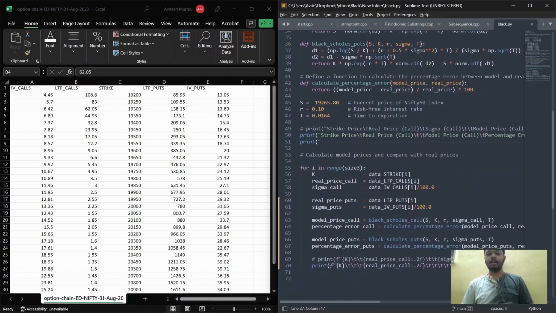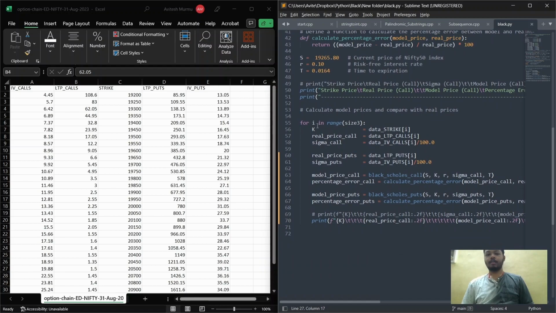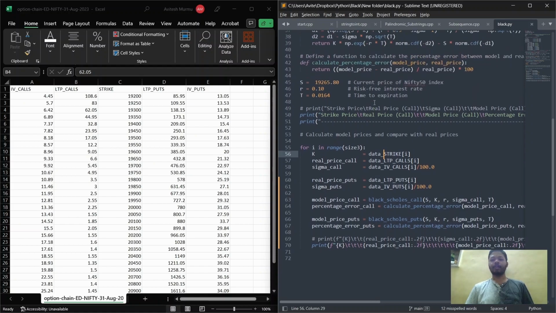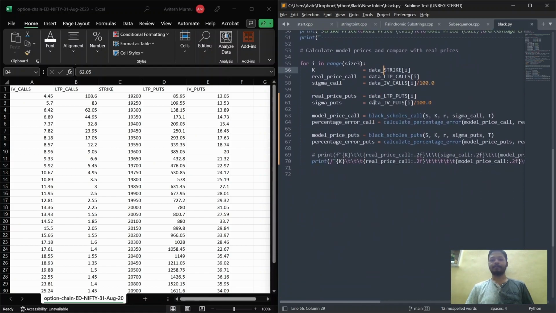I have already entered the S value, which is fixed. K will store the data strike price from the strike column and from the array that we created earlier. Similarly, real price call, real price put for the put price, sigma put, and the model price call will store the result after Black-Scholes call is called.